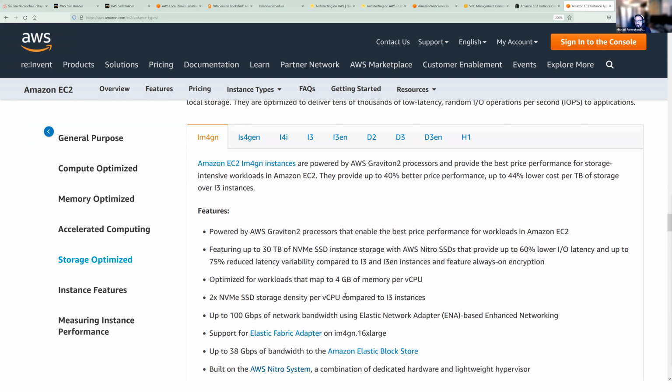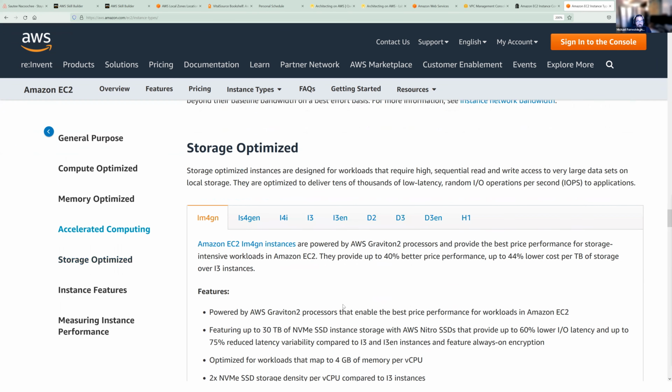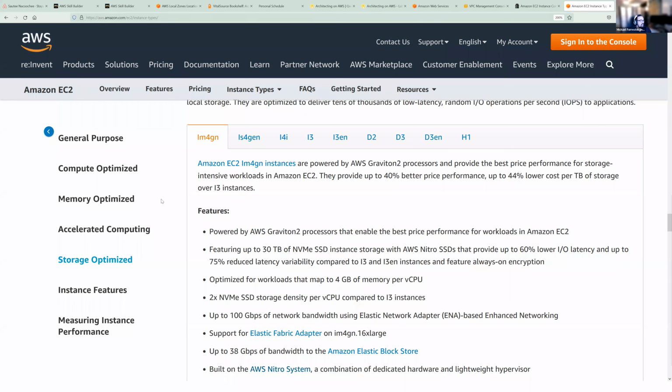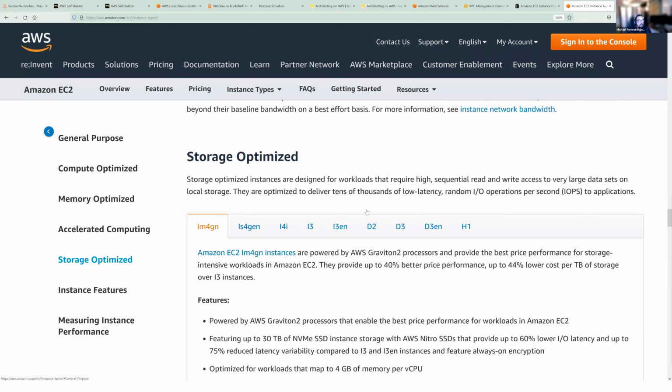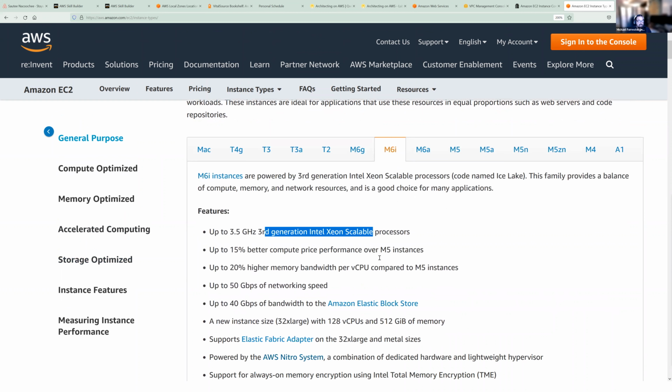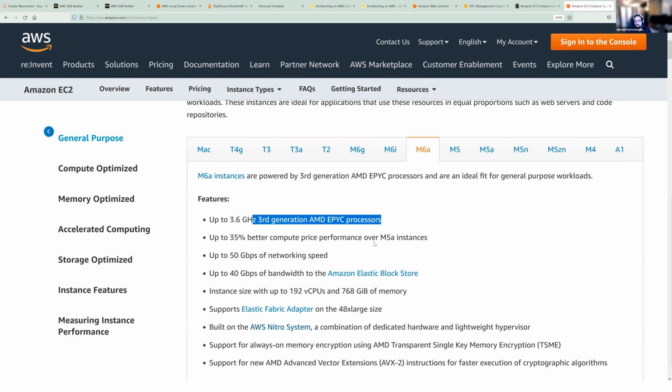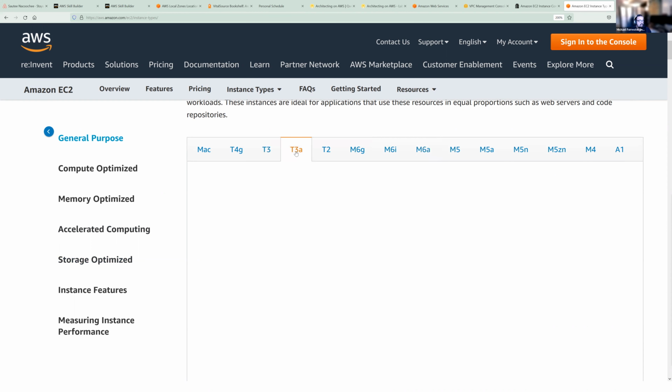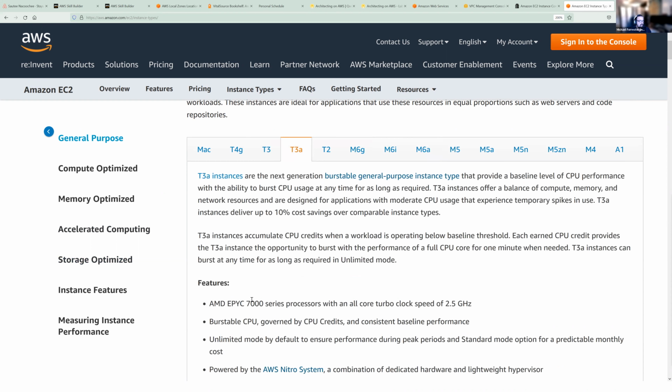So in general, you probably want to know that. You probably want to know that you're going to use the latest generation. The rest of this, you're going to look up, honestly. If we go look at general purpose and I have no idea what the I is, I just click on it. I just happen to know, by the way, it's Intel. It says A, I just go look at it. I just happen to know that it happens to be AMD, right? But like, what is the A thing? Is that an ARM processor? Nope, it's still an AMD, right? Still an AMD processor.